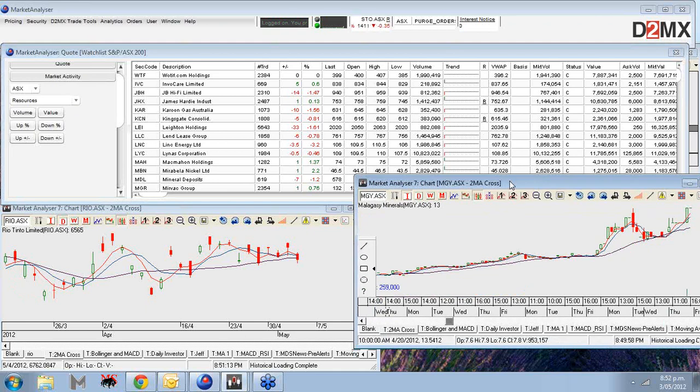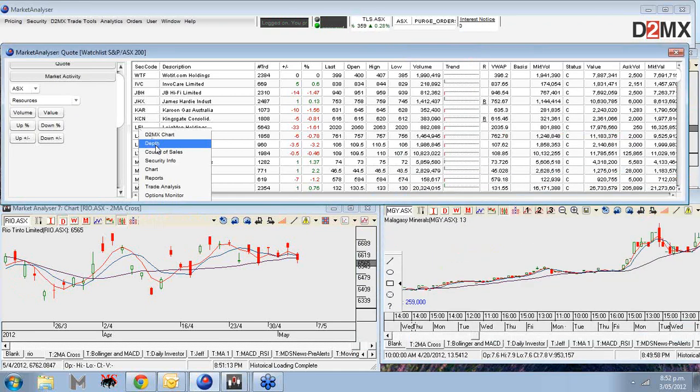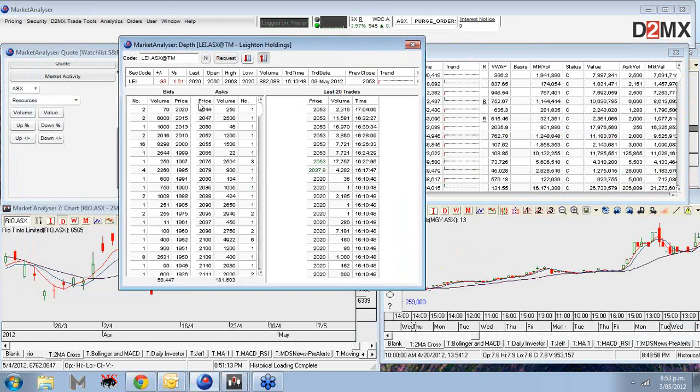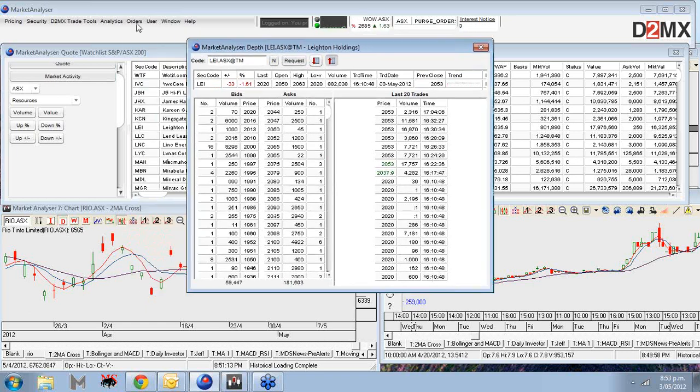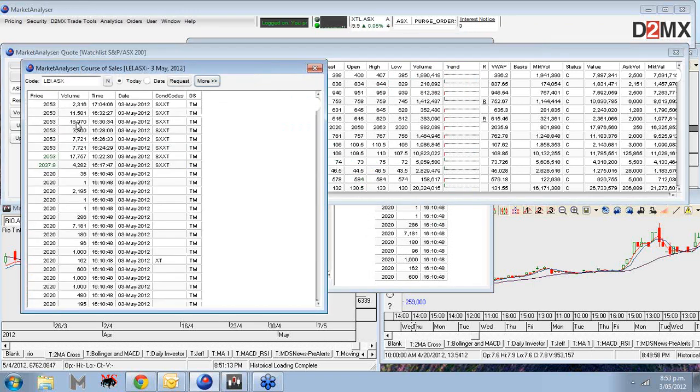We can look closer at any of the shares that we're looking at just with a right click on it, and we can go into depth, and depth gives us the list of all the buyers and sellers and the last 20 trades. If you want a bit more than the 20 trades, you can do the same, right click and go into course of sales, and course of sales gives you all of the trades that have actually gone through